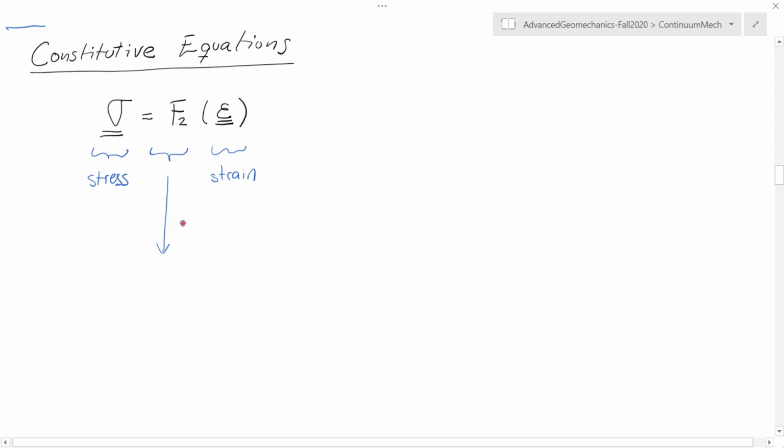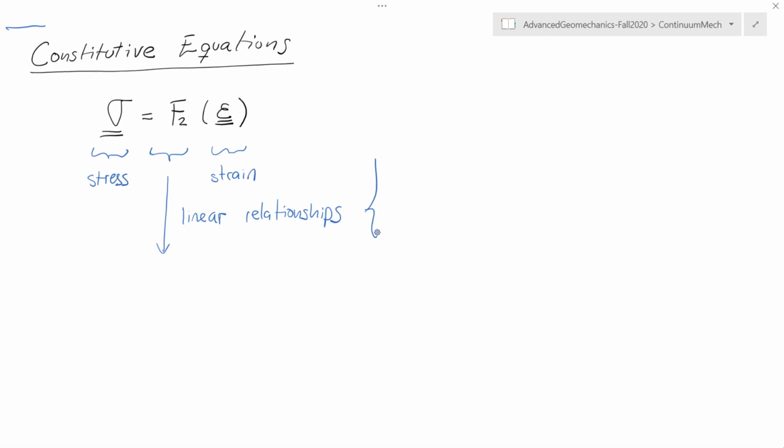Often, we choose to work with linear relationships. And these linear relationships are very convenient because we can apply the superposition principle, which allows us to mix different loadings into one by using the same function or separating that function. So what I mean is that, for example, if you have